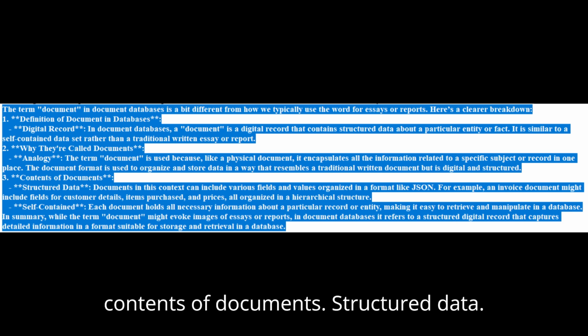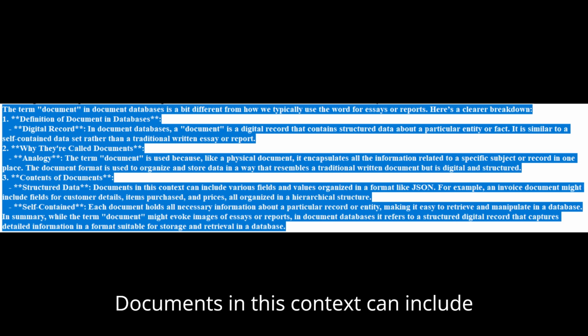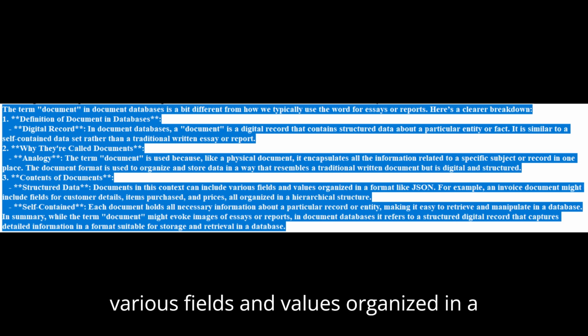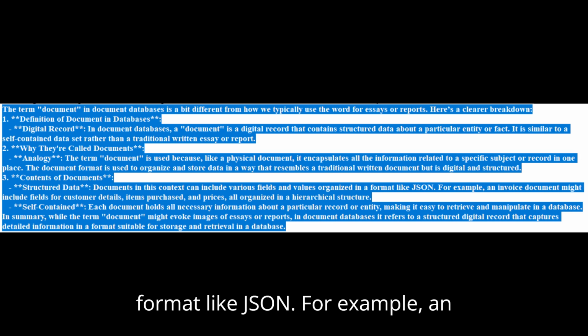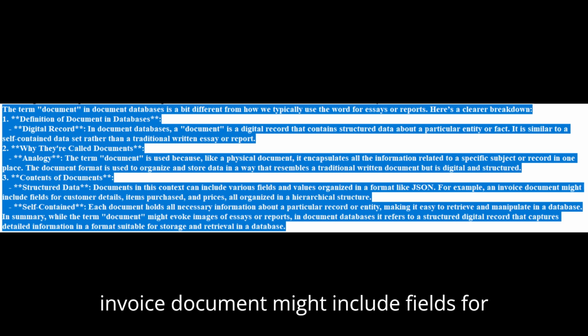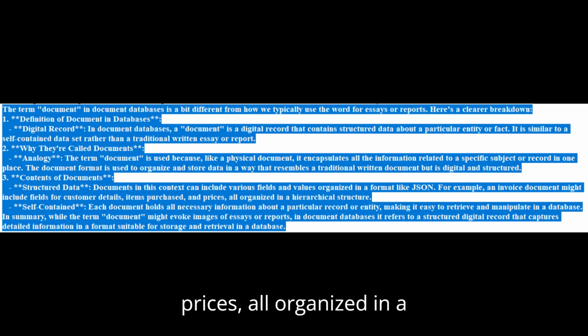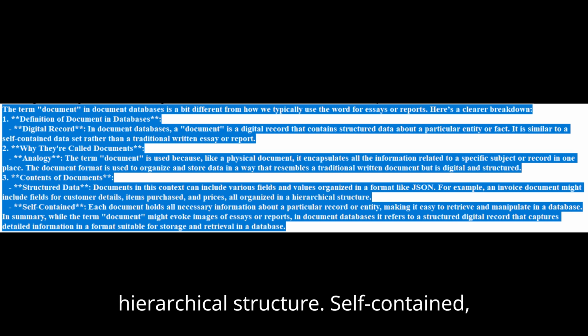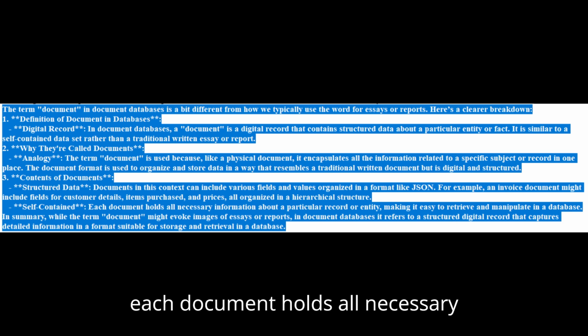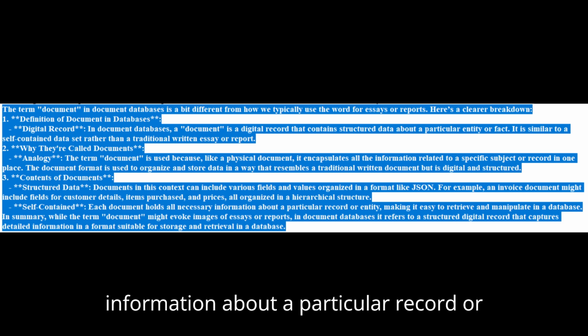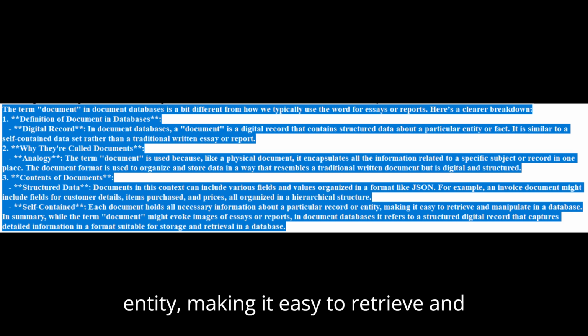3. Contents of documents. Structured data. Documents in this context can include various fields and values organized in a format like JSON. For example, an invoice document might include fields for customer details, items purchased, and prices, all organized in a hierarchical structure. Self-contained. Each document holds all necessary information about a particular record or entity, making it easy to retrieve and